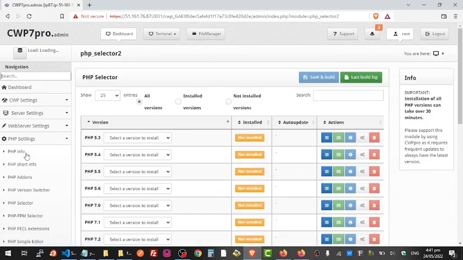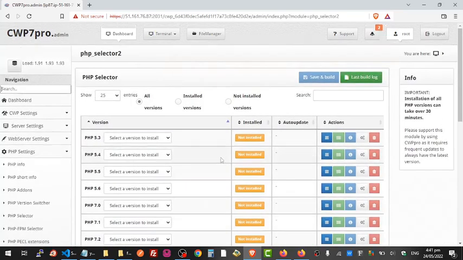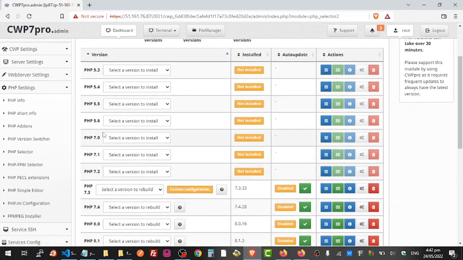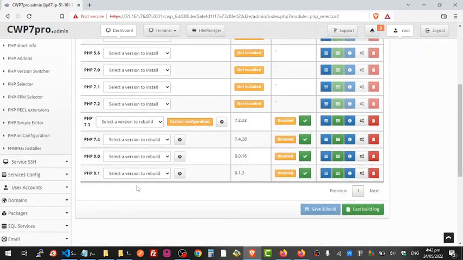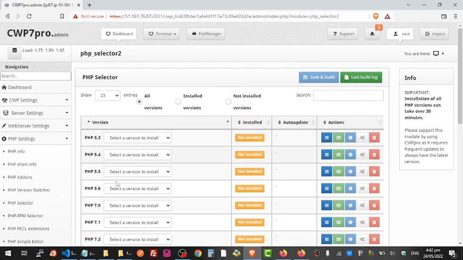Now, once you go to PHP selector, you would see a list of different types of PHP that you can pick from. So here you have PHP 5.3, 5.4, 5.5, 5.6, 7.0, 7.1, 7.2, 7.3, 7.4, 8.0, and PHP 8.1. Now for this server right now, you would see that PHP 5.3 is not installed, PHP